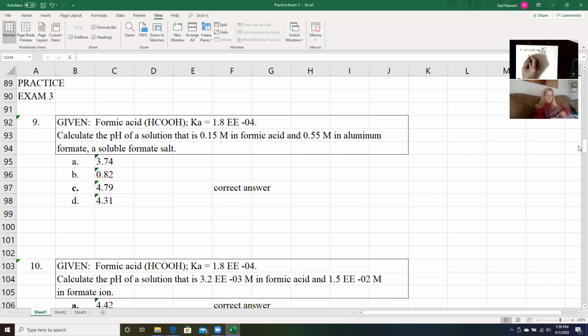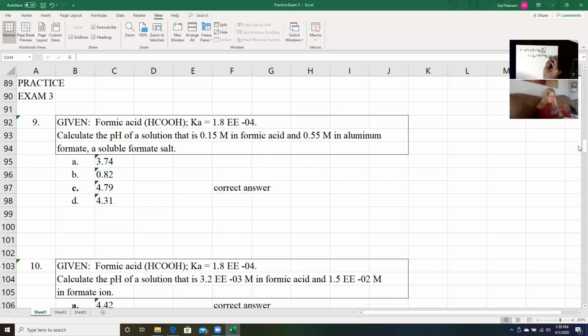Now, so I want minus log of Ka, 1.8 times 10 negative 4, plus the log, and the formic acid concentration, that's on the bottom, it's